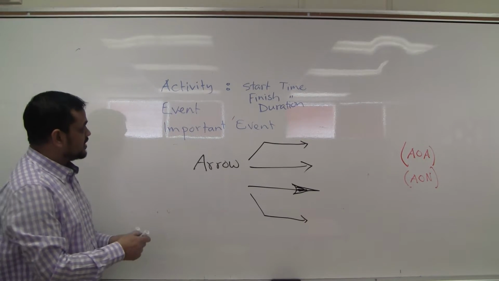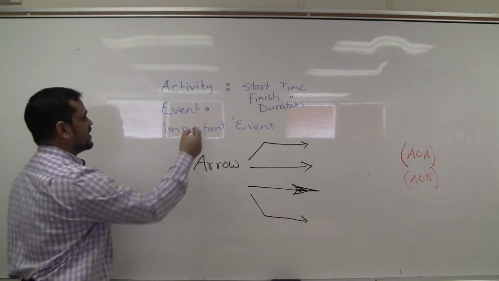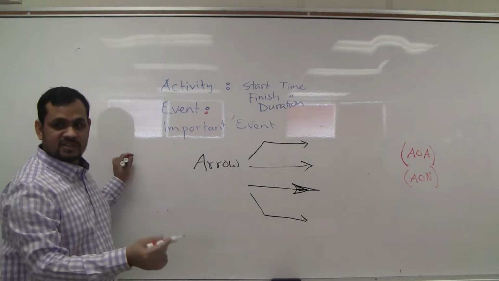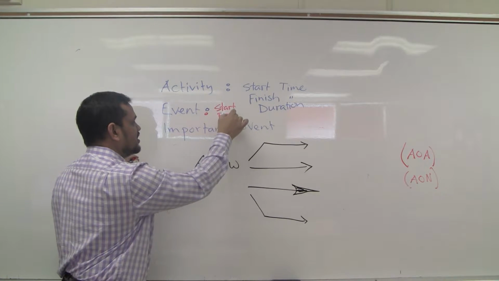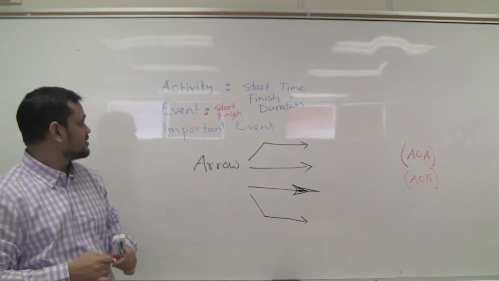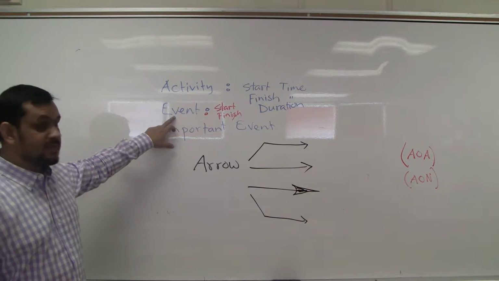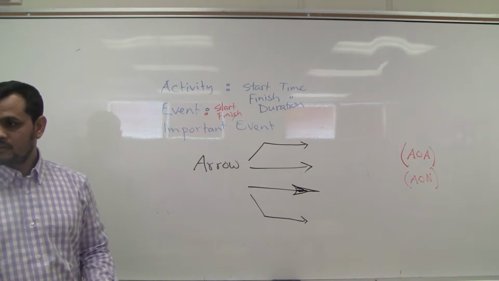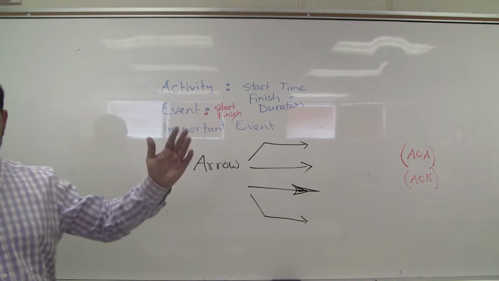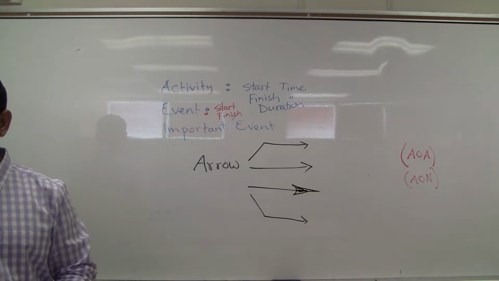Event simply means, it means same color. So event means like some accomplishment. Say, start, yes, start or finish. These are called events. So the starting of an activity or the finishing of an activity is called an event. If we start an activity today, we call it an event that we are starting. If we finish an activity, we will call today an event, we are finishing an activity.